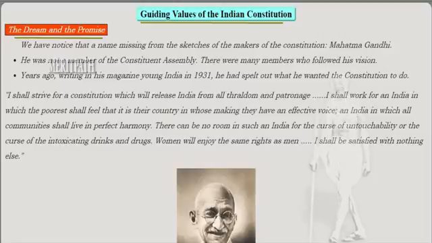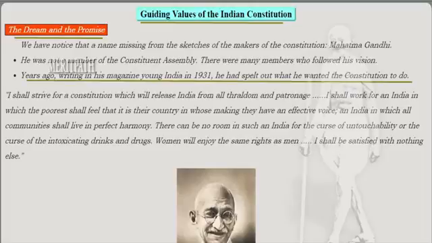Let's read about the dream and the promise. We notice that a name is missing from the sketches of the makers of the Constitution, and the name is Mahatma Gandhi, because he was not a member of the Constituent Assembly. But there were still many members who followed his vision. Many years ago, while writing in Young India in 1931, he spelled out what he wanted the Constitution